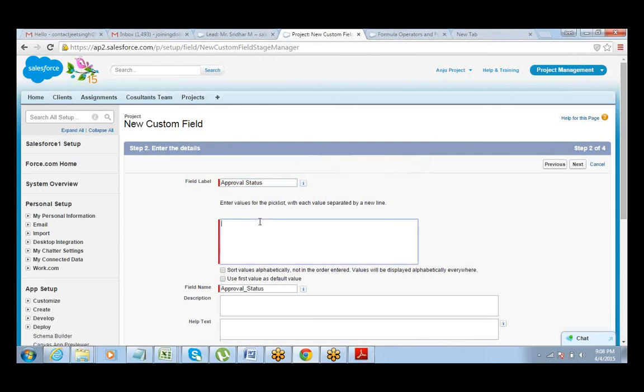The options for approval status are pending, approved, rejected, not required.